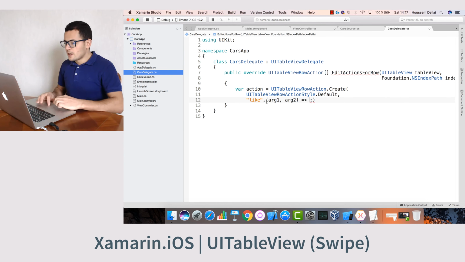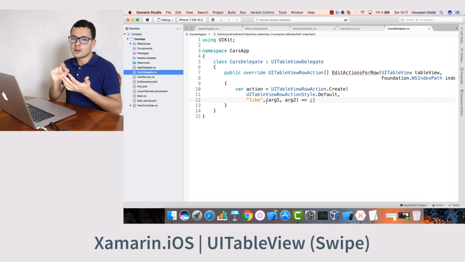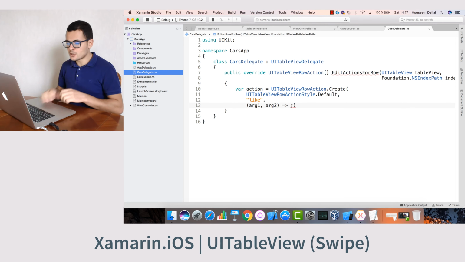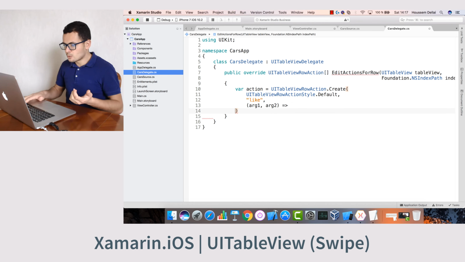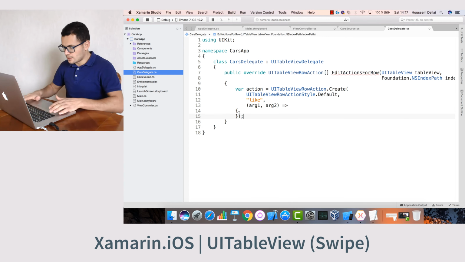Then a third parameter, which is the action itself: what is going to happen whenever I swipe the item of the table and click the like action. The action takes two parameters, arg1 and arg2. And now we can implement that action. For now, I'll keep it empty